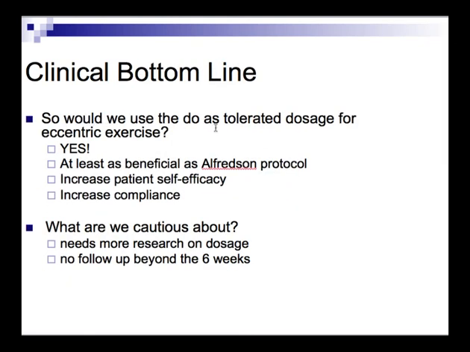So clinical bottom line, would you use the do as tolerated dosage for eccentric exercise? Clearly, the do as tolerated dosage was 17 points better at 3 weeks than the other, and even though it's not conclusive, it's better than making them worse. And the Alfredson protocol actually made them worse at the 3-week point, where the do as tolerated, they got better, and at 6 weeks they were the same or better in the do as tolerated group. So there's enough evidence here to just go ahead and adopt the do as tolerated group, even though it's not absolutely conclusive at a rigorous